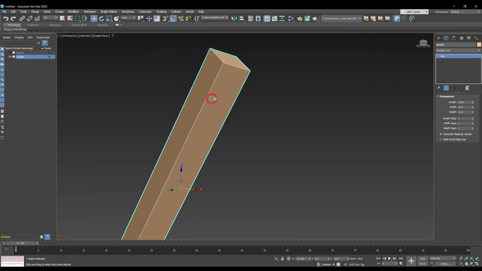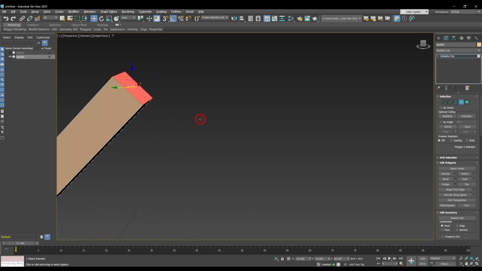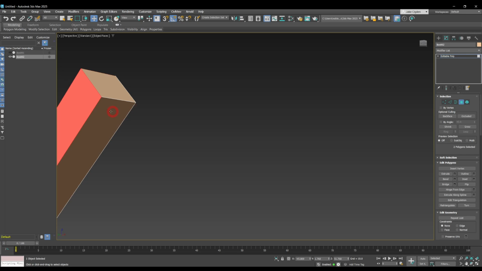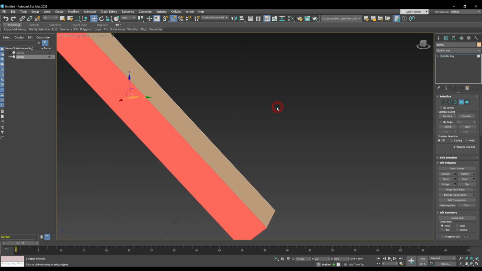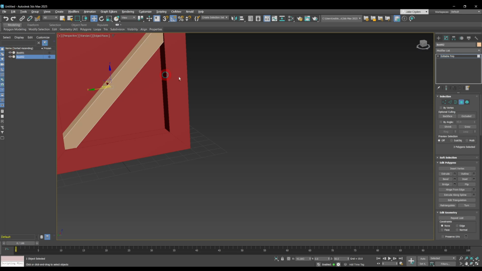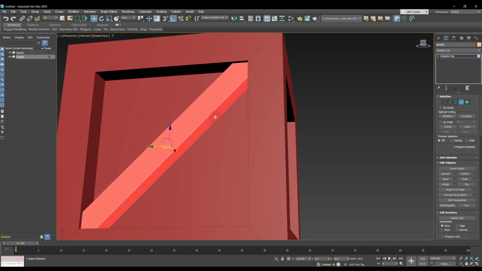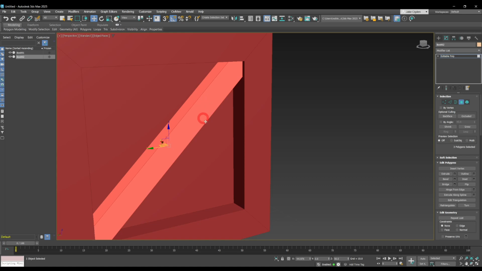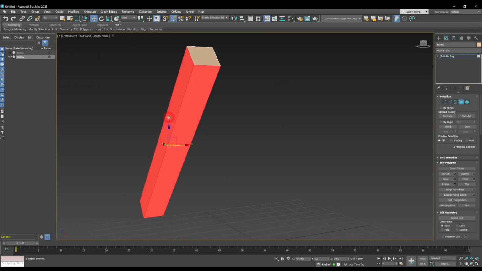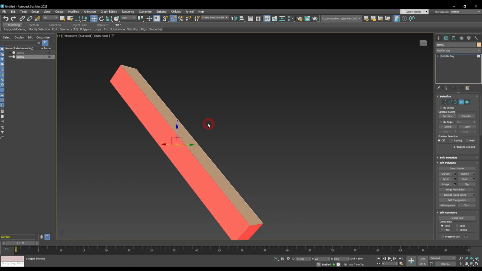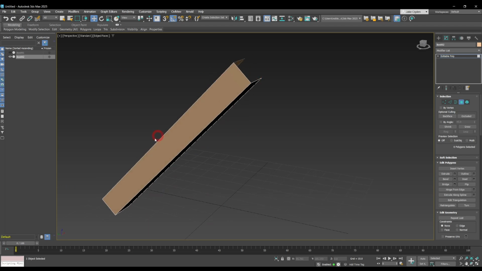So what we need to do, hide this, change this to an editable poly, do the face selection, so I know that this and this want to be visible. We want that still there, but then we just want the others selected. So if it makes it easier, you can just have this visible, select the ones that you want to keep. Holding Control and left clicking allows you to do multiple selection. And then hide this. If you press Control and I, that will invert the selection. So anything that isn't selected will then be selected. And then we just press delete, and that's that. So that's nice and optimized for